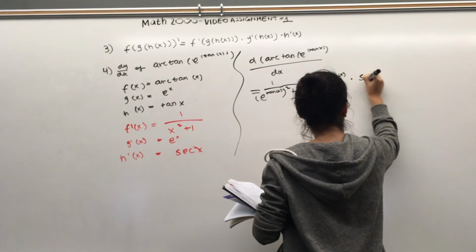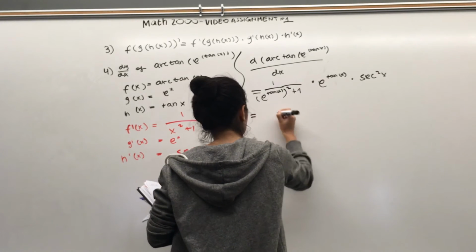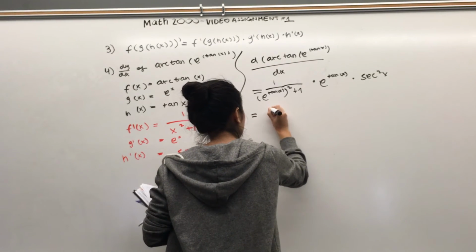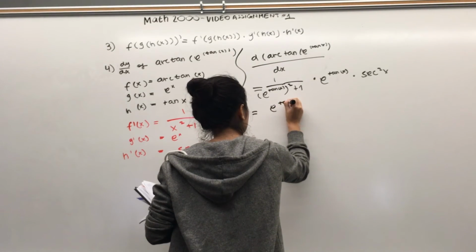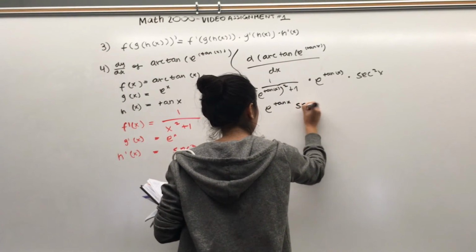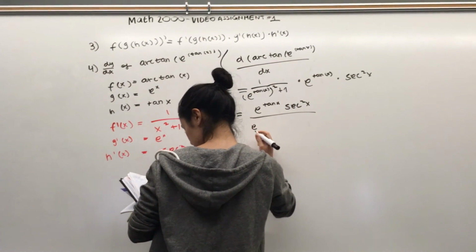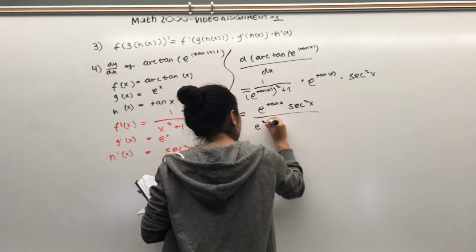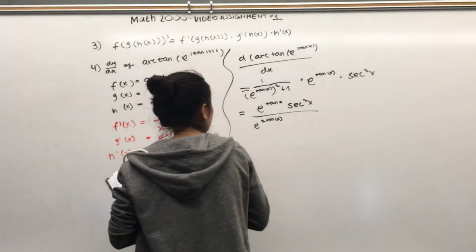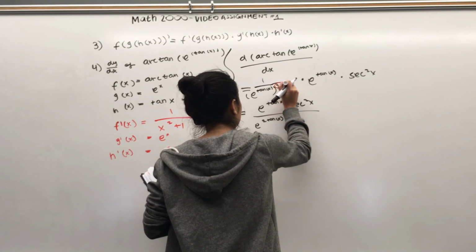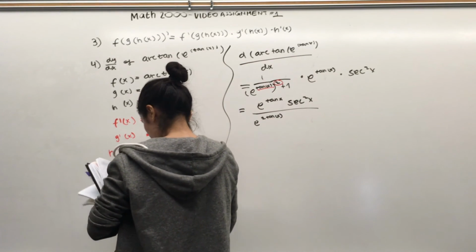times secant squared. And then when we multiply this, we get e to the tan of x secant squared of x over e to the tangent of x, because this multiplies with this, so you get 2 on the front of